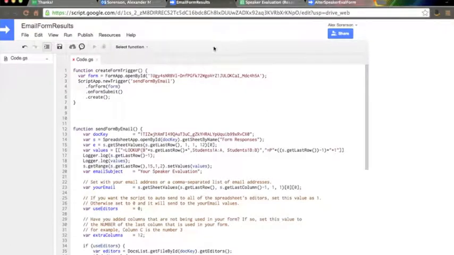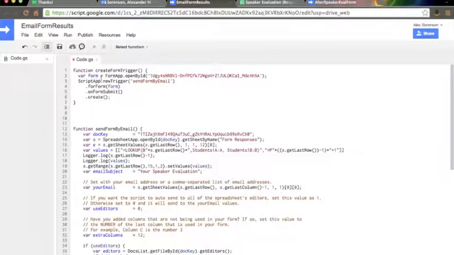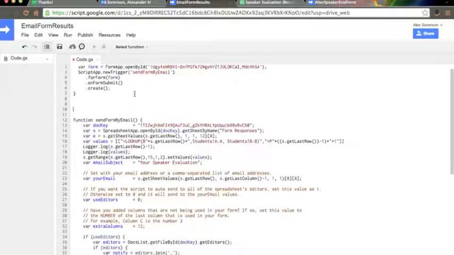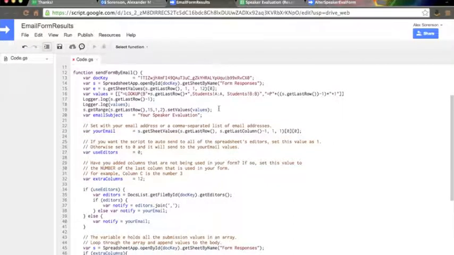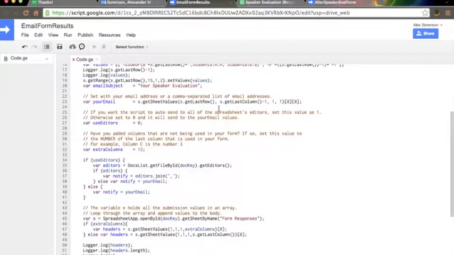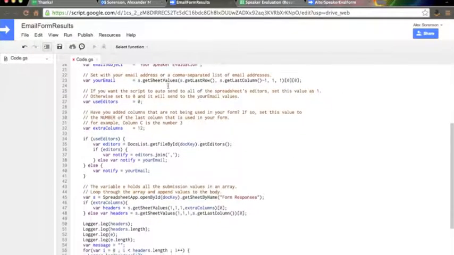And the way this is automatically being sent is, the first part is a trigger. On form submit means that it'll run this send form by email function right below whenever that submit button is hit. And down here I won't go into all the detail, but basically it goes into the spreadsheet, gets that whole last row. Here are two formulas that we're adding to get the email and then the evaluator ID, putting them in the log just in case for debug reasons, setting the values,